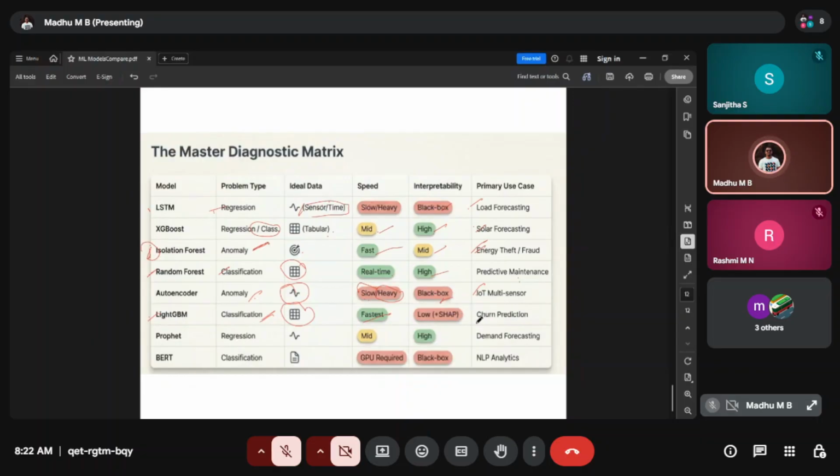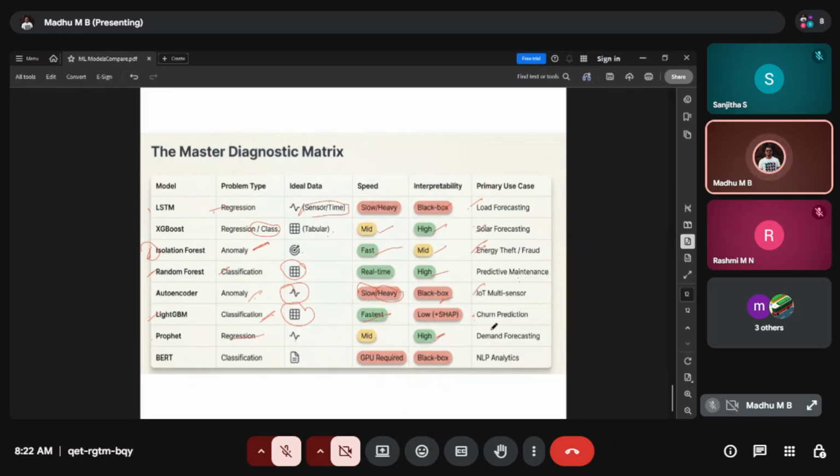The primary use case is churn prediction, so how many customers are leaving the service, or how many customers are utilizing the energy, and so on. If we have that kind of use case, we can use this LightGBM. The other one is Prophet, again for regression and time series, the speed is mid, not that great, and interpretability is much higher.